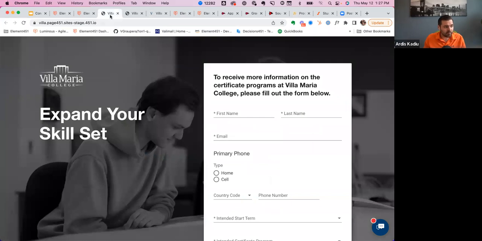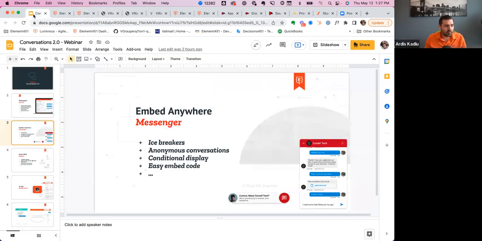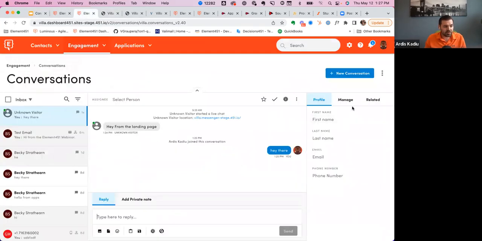One thing that some of you might be asking is, okay, how do I know who that student is, right? Because now they're a known visitor. One of the things we can do is associate that person with someone that I have in here. So I can start typing the email of an already existing person in here, and it will associate that.